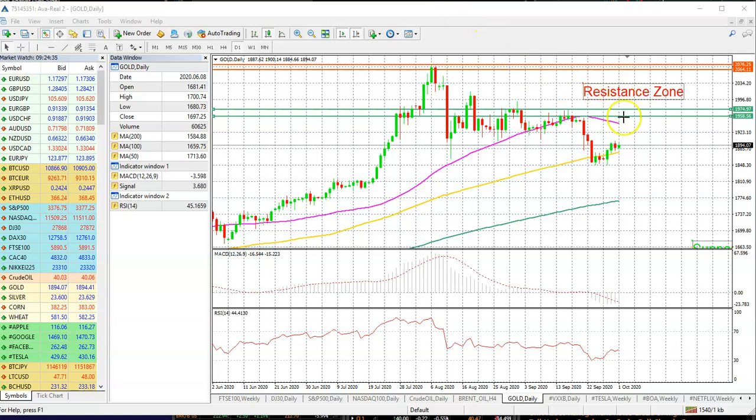However, remember the importance of the 50-day moving average, which is trading right over here. If the price continues its momentum like that to the upside, the moment it comes into this area, the 50-day moving average can also act as a resistance. So this could be the area where you want to take some profit, book some profit off the table. So the resistance areas, the first one right here is going to be your 50-day moving average, which is right over here. But then another important area is going to be right over here.